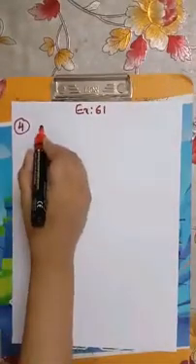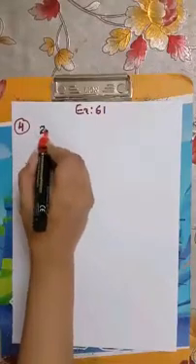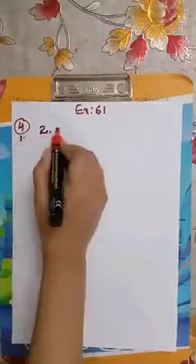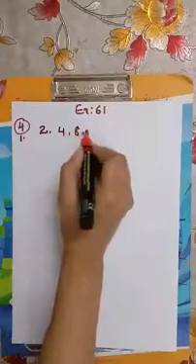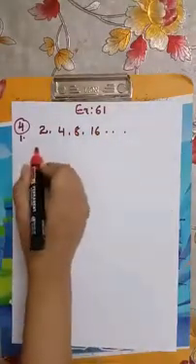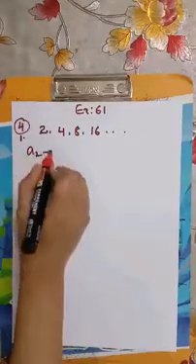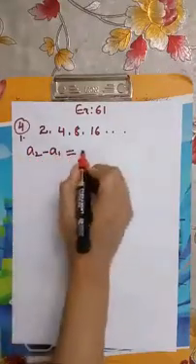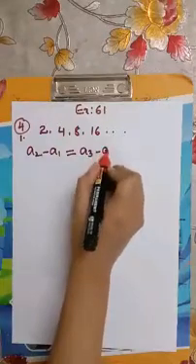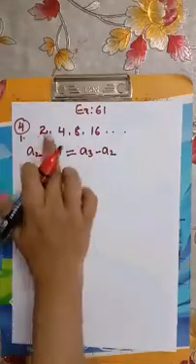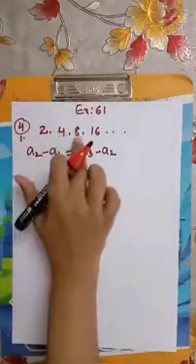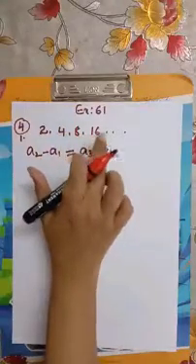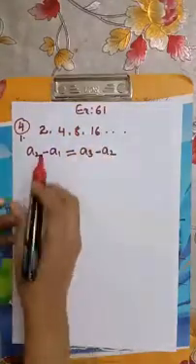To check whether it is in AP, the first condition is we have to check whether it is in AP. The given question is fourth question, first bit 2, 4, 8, 16 and so on. To check whether it is in AP, the formula is A2 minus A1 should be equal to A3 minus A2. The first term is called A1, the second term is called A2, the third term is called A3, the fourth term is called A4 and so on. The nth term is called AN.